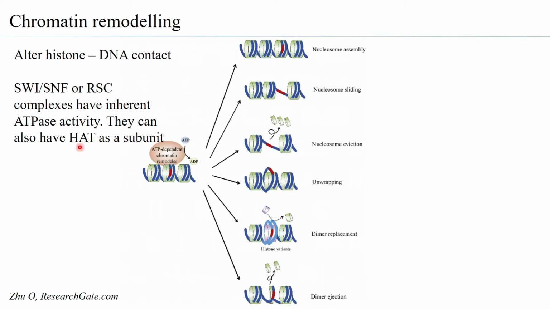And one thing that has been observed with any chromatin remodeler is that it has subunits that are not just able to bind to ATP, but are also able to hydrolyze ATP. So they have inherent ATPase activity. So most of the chromatin remodeling is an ATP-dependent process. So using ATP, the chromatin remodeler is able to carry out several different ways by which the chromatin is remodeled. One way is by what is called, okay, now before we go into this,